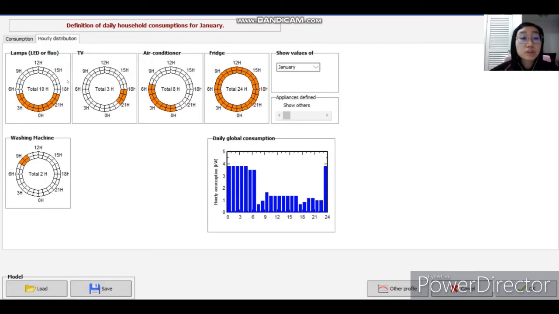In this hourly distribution, we can see that the lamps at Mr. Ahmad Nifu's house operate starting from 7 p.m. until 5 a.m. While the TV operates for 3 hours, which are from 6 p.m. to 9 p.m. And the air conditioner operates for 8 hours. The fridge operates 24 hours daily, and the washing machine operates for 2 hours, while the laptop or modem operates for 8 hours, and the fan operates 8 hours. And next we can click OK,